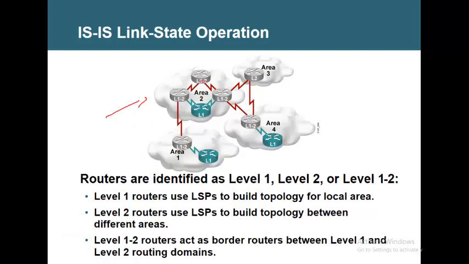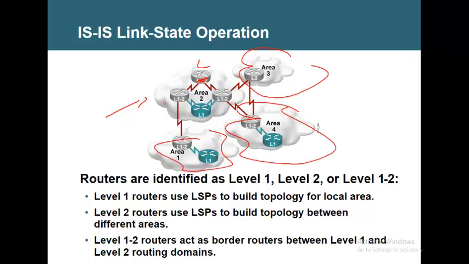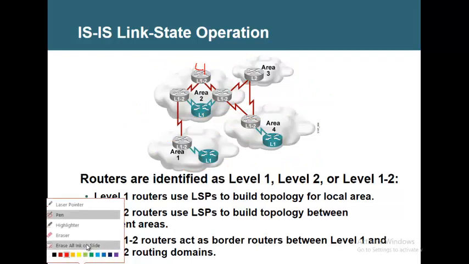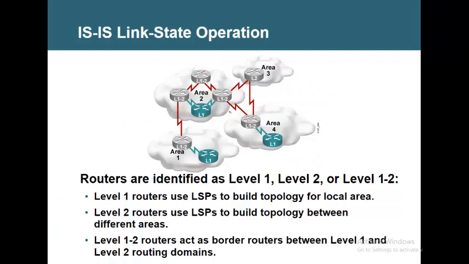If you make it L1, it cannot be a backbone. This is going to be a separate area. This is going to be a separate area. They all break into pieces. They cannot converge if you make this L1. So it is the L2 which is making this area a backbone.